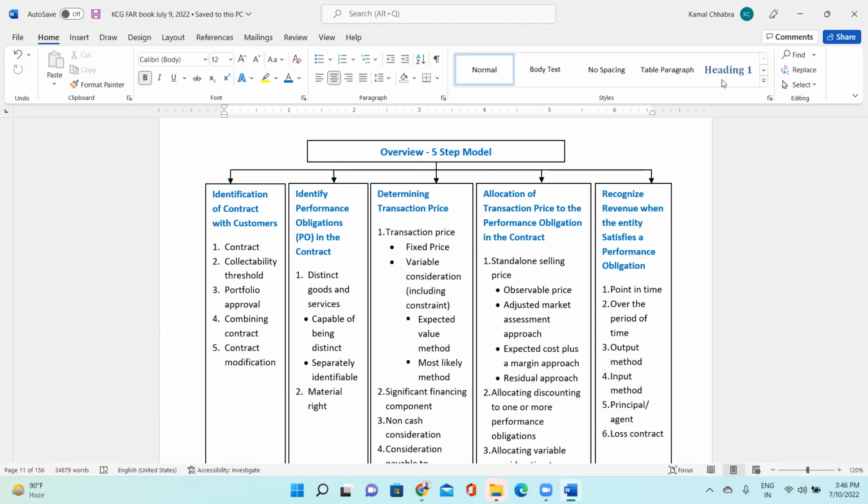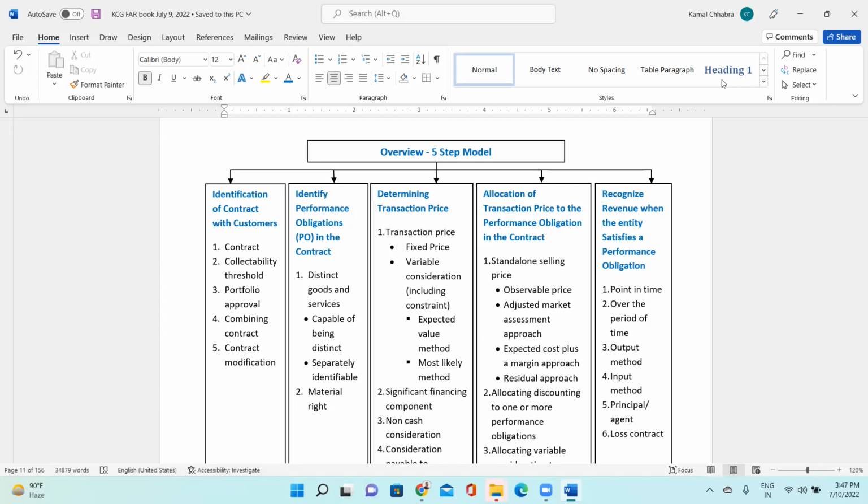Second thing is collectibility. Hope you remember AS9, which you might have studied in your college days, which is the revenue recognition standard in India, right? In that also collectibility is very much important. To recognize any amount as revenue, you should be sure whether you will be collecting that money or not, right? You can recognize the revenue only and only when the collectibility is assured. If you are not sure about collectibility, then you will not be recognizing the revenue at all.